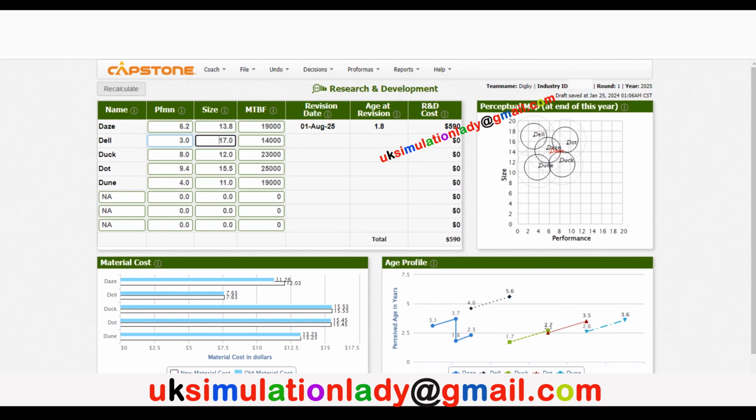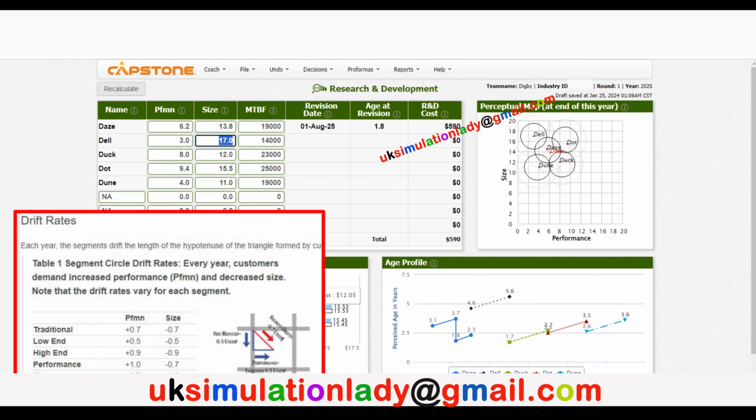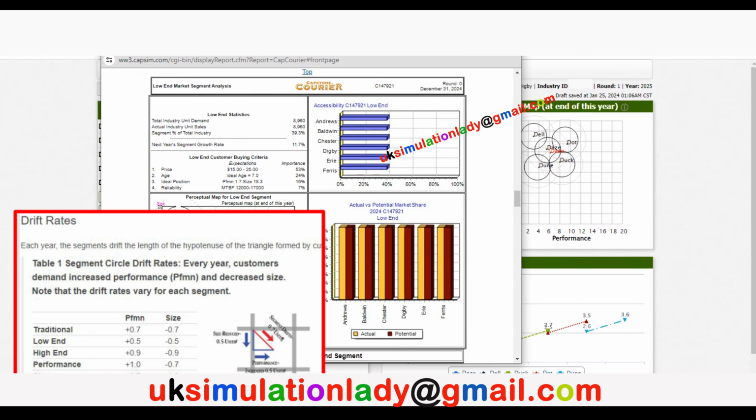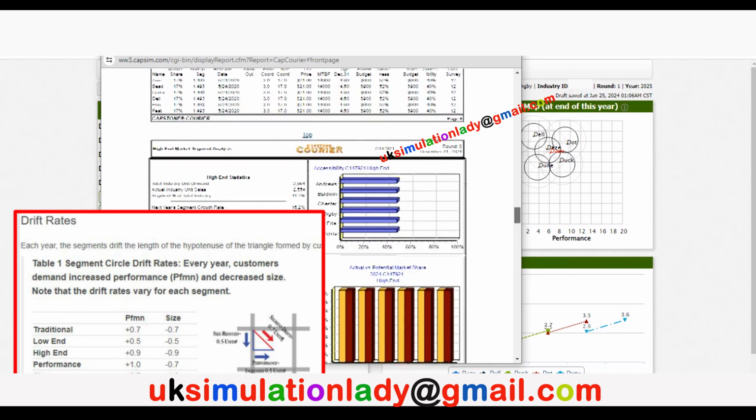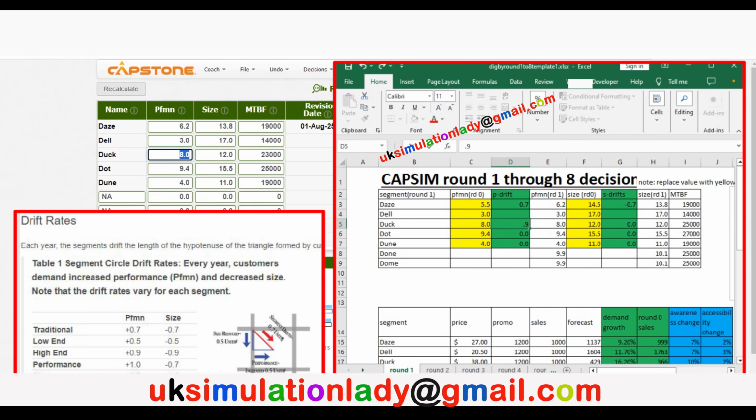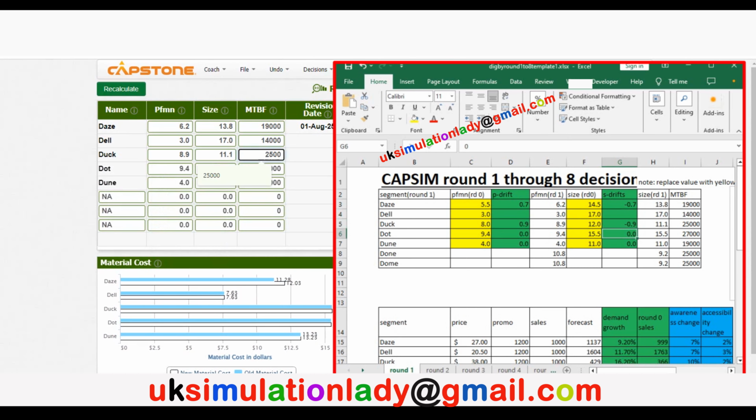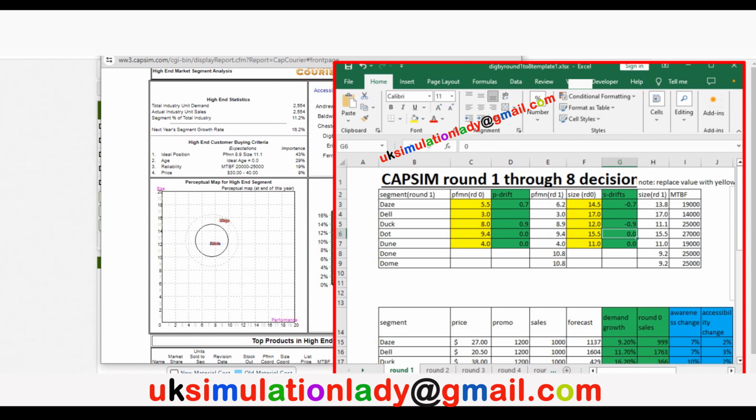Next up is our high-end segment product. From the Capsim Industrial Condition Report, we know the high-end segment has a drift of 0.9. That means we need to increase DUC's performance from 8.0 to 8.9 and reduce the size from 12.0 to 11.1. You can add DUC's round 0 performance and size coordinates into our Capsim Excel drift sheet to calculate its round